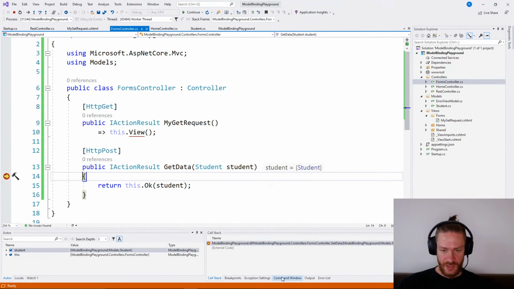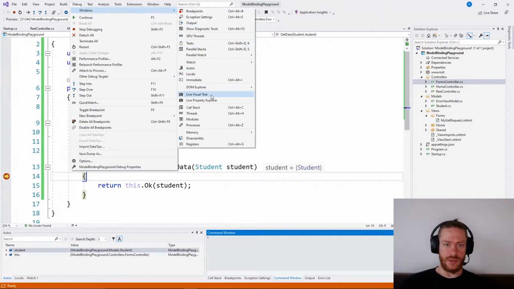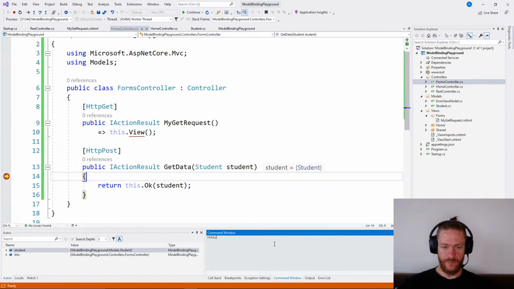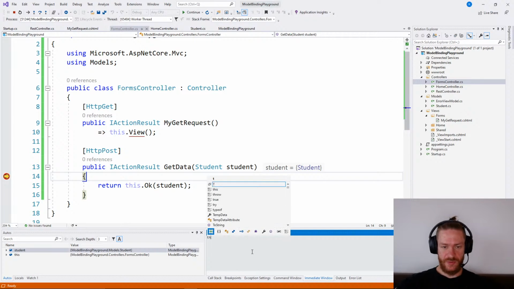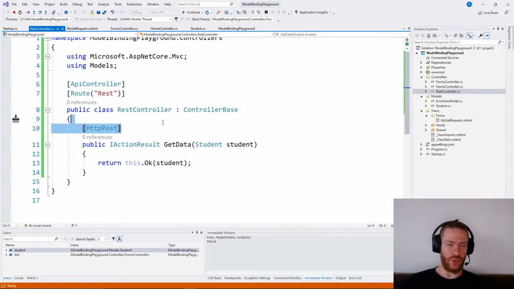So if I go to the immediate window, debug windows, where is that? So if I say this model state is valid, it shows me false. So it's working here in the forms controller. For some reason it's not working in the